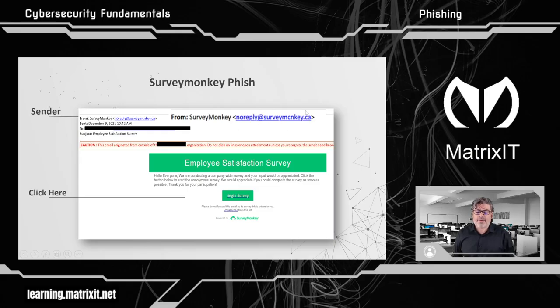This is why you have to be very careful, and this is the first thing you look for. SurveyMonkey. This is SurveyMonkey or whatever. And I actually looked up this. It's actually a real site. I didn't go to it, but I looked at the domain registration. It's actually registered. It's actually a real site. So what do we do again? We put our mouse over, and sure enough, it is bringing us to the surveymcnicky.ca website with all this other mumbo jumbo. Okay?